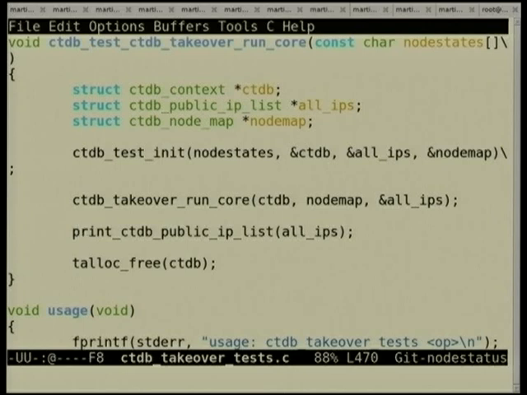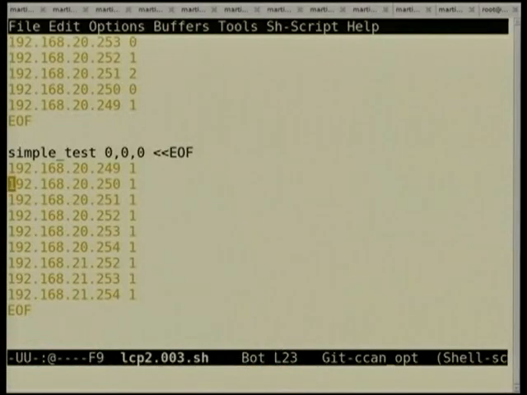which takes a whole bunch of fake state on standard input, parses it, and sets up what looks like enough CTDB state for the takeover code, for the IP allocation code to run. We run the IP allocation algorithm, and then we print out the IPs and what nodes they're on. There's certainly no rocket science here. And so once we wrap that in some test code,